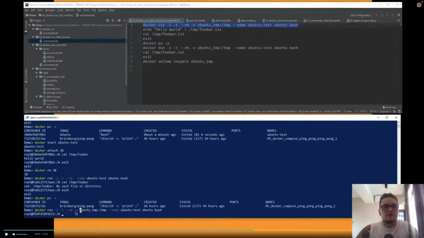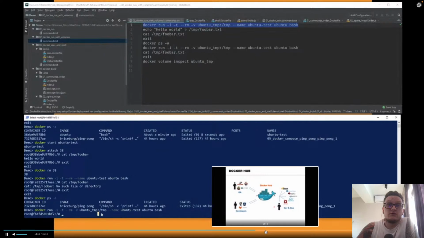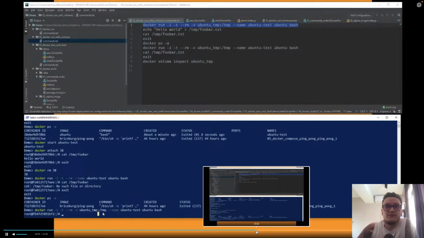Right now it has the flag -v, and Ubuntu TMP /TMP. So here he creates a volume for his own Docker volume. You can inspect them here. So you have to create volumes to store the data somewhere, so when you remove your Docker container, the data will not be removed.